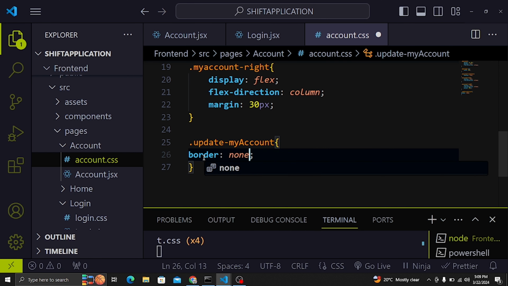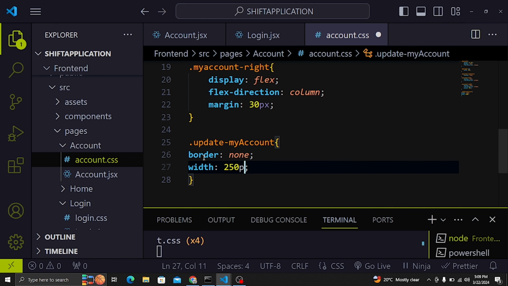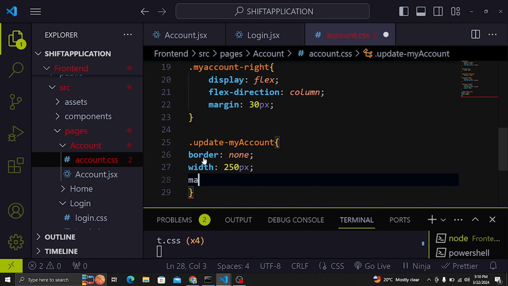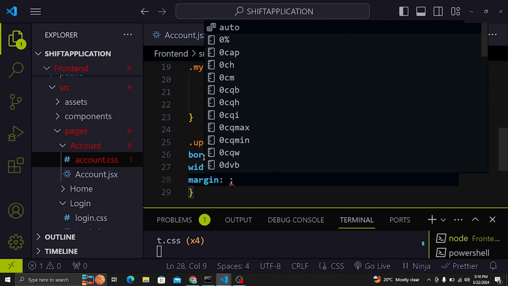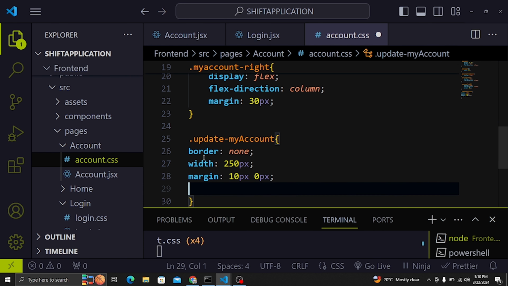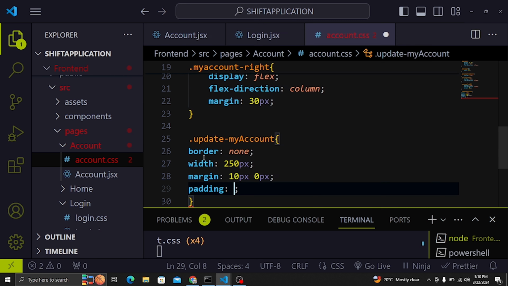Border should be none. Also I'm going to add width should be 250 pixels. I'm going to have also a margin of 10 pixels top and bottom, 0 pixels left and right. Also I'm going to give a padding of 10 pixels,